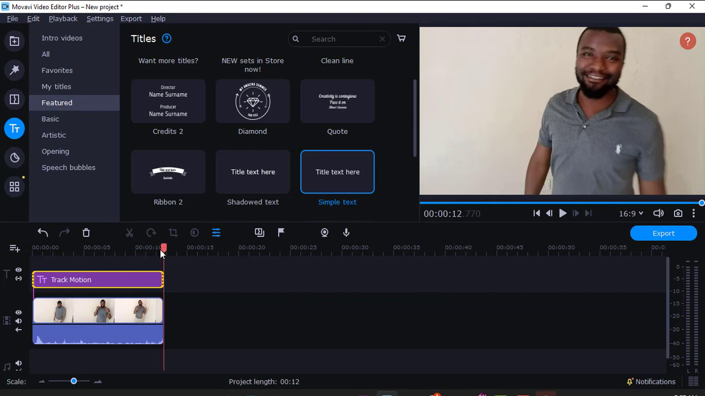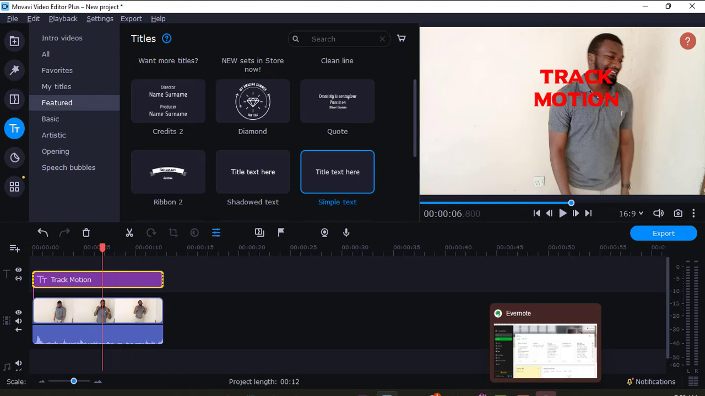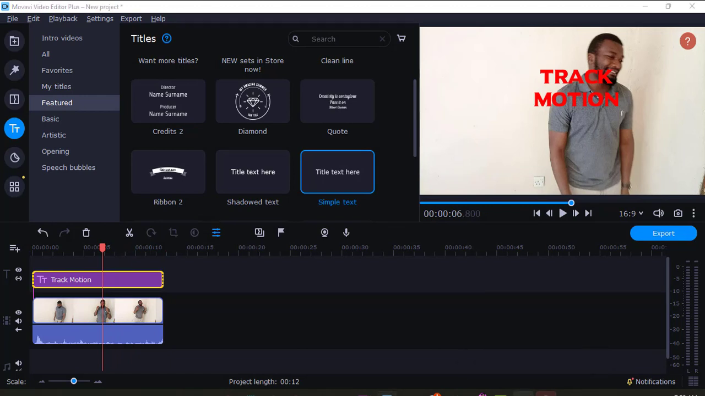Now you can see that I can easily track motion just like that. That's how to track motion. Movavi video editor is that